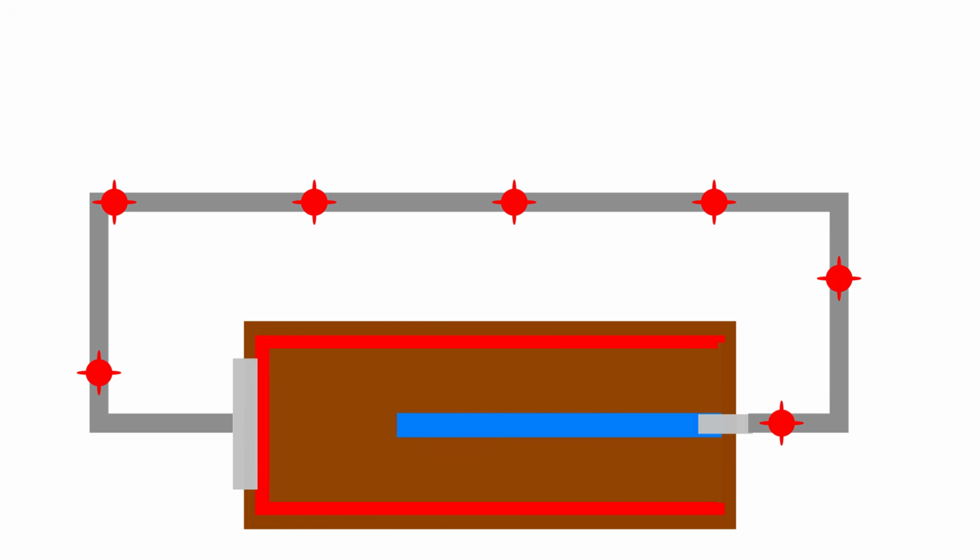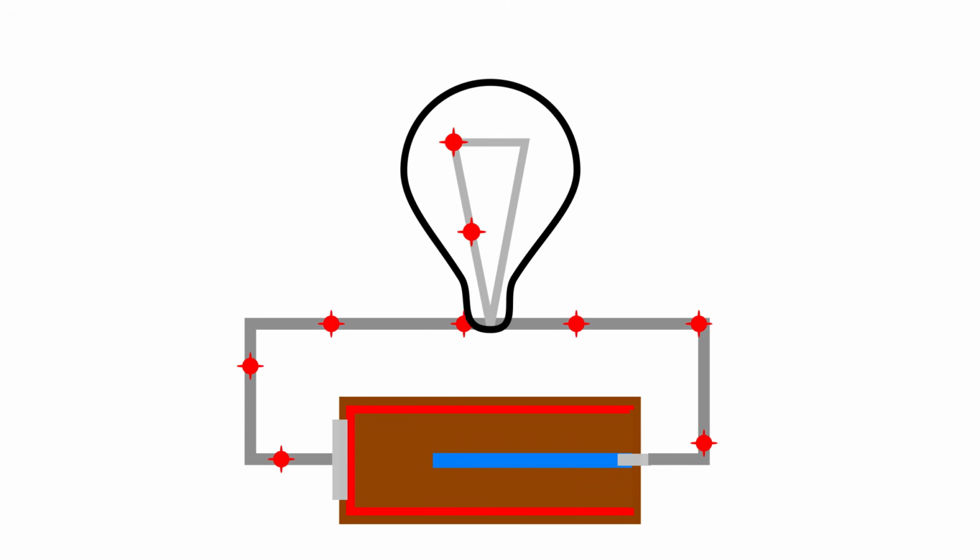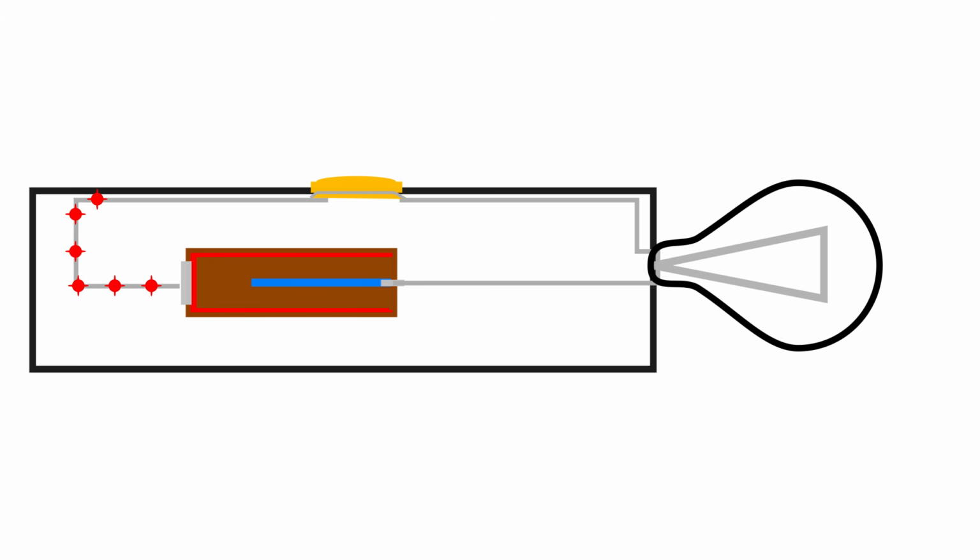So if we want to power, say, a light bulb in a flashlight, all we have to do is make part of that path composed of the filament of the light bulb. As the electrons run through the filament, it glows and is amplified by the bulb, which means the flashlight is now on. Making an on and off switch for the flashlight is simple. We make a small part of the conductive path that the electrons take removable. When you flip the switch off, the conductive path is broken and the flow stops. When we flip it on, it continues. The switch is simply completing the circuit from the front of the battery to the back of it.